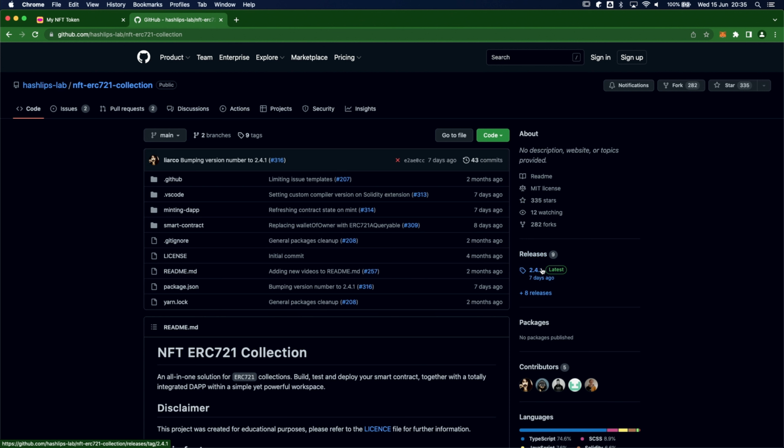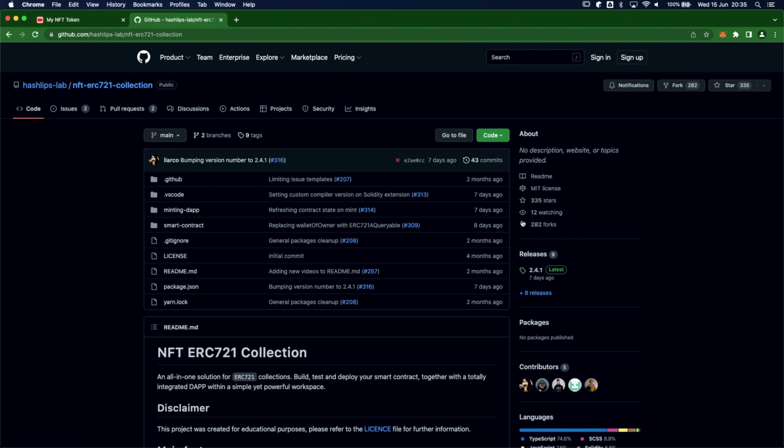So the next step now is to download the source code. You can do that either from the releases section, and you can download the zip file, or you can also use Git, of course. So I'm gonna use Git in my case. I'm just cloning the repo, and I'm cloning that to the Speedrun folder. Let's wait for it to finish, and then I can type code Speedrun in order to open Visual Studio Code